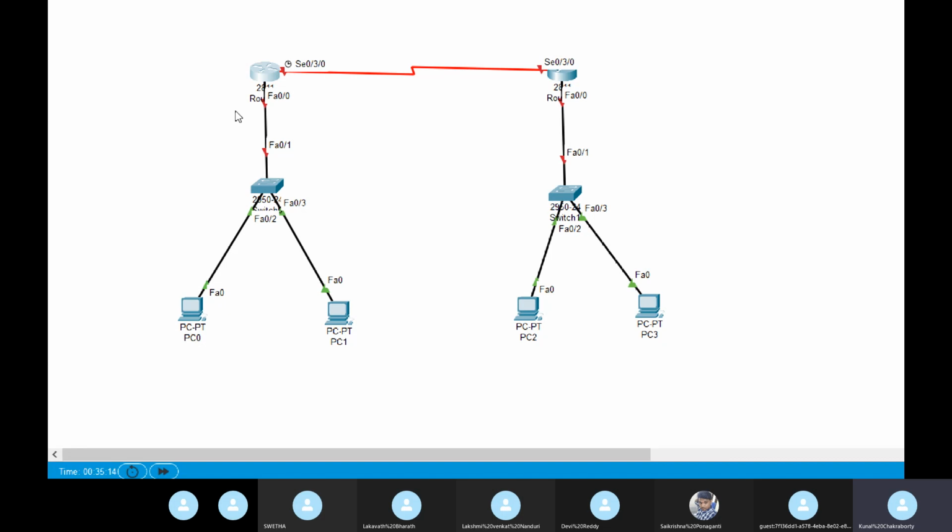How many IP addresses do we get in class C?